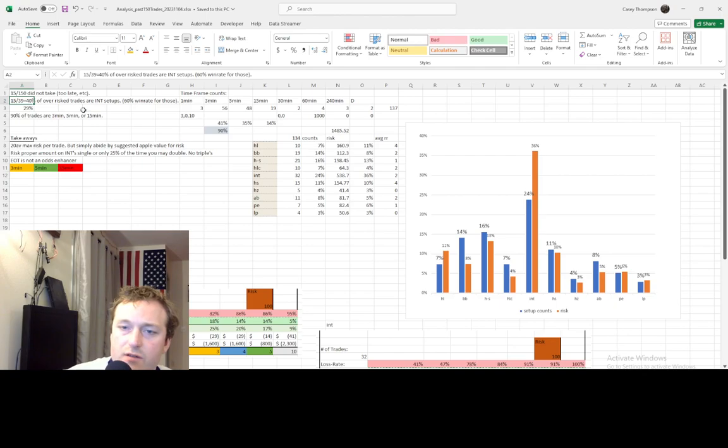And 40% of those trades are intuition setups, which are all feeling in my eyes, what I see in the chart and what I've taken into my brain in the past. That's my feeling. I think it's gonna go down or whatever it is, usually based on the chart. Those are intuition setups, 40% of them, but